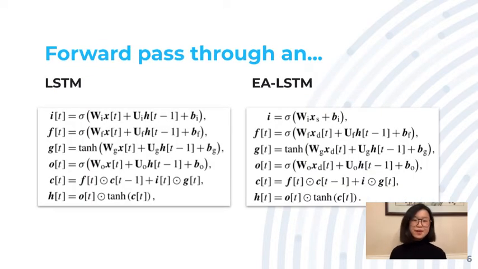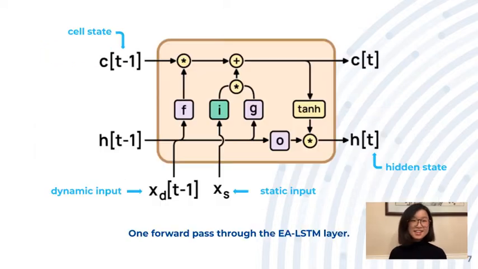So this compares a forward pass through an LSTM versus an EA LSTM, and as you can see from the equations, the input gate is no longer a time series, and your input, X, is now separated into XS, the static data, and XD, the dynamic data. Other than that, they're pretty similar. As you can see from the diagram, you have your cell state, which is the hallmark of the LSTM architecture that preserves that data. You still have the forget gate and the input gates. But as you can see from the bottom, there's now a dynamic input and a static input, which inform different parts of the model.